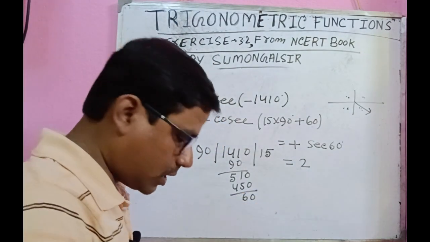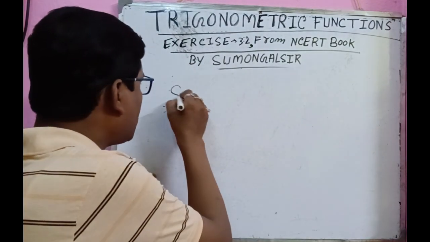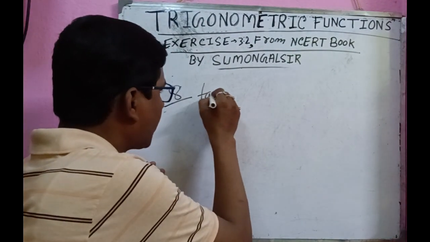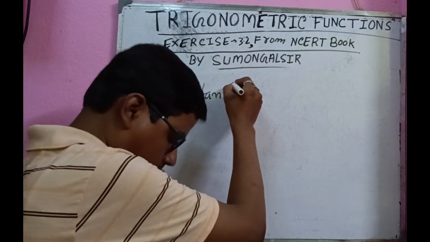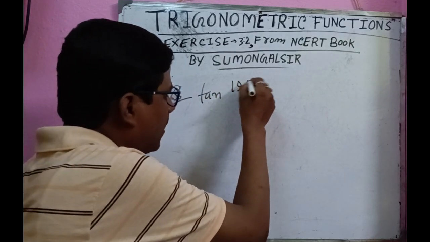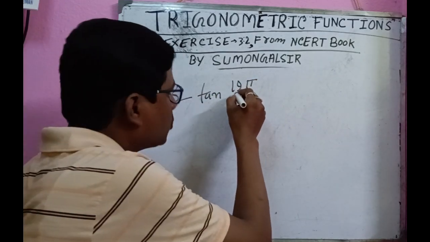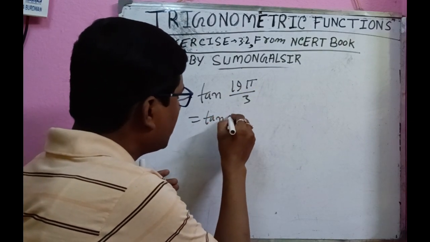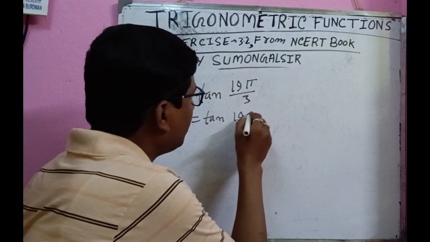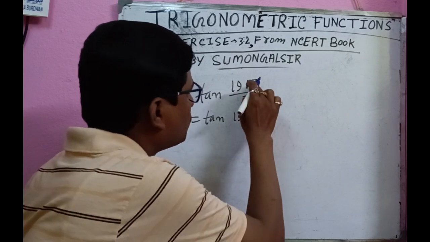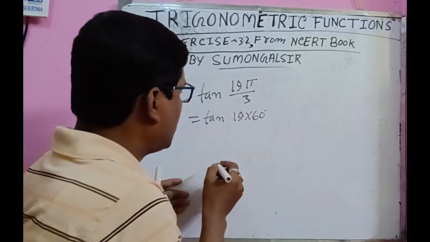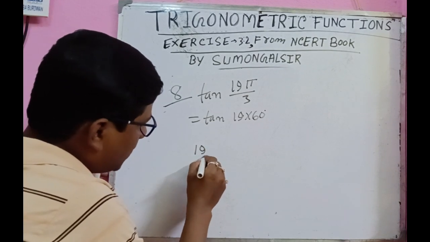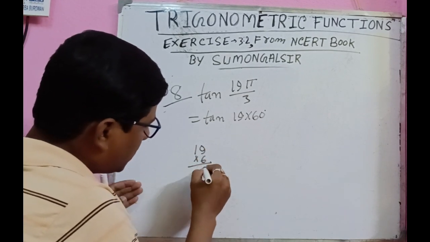Now we move to the 8th. Question number 8 is tan of 19 pi by 3. So tan of 19 multiplied with 60, because pi by 3 is equal to 60 degree. Now multiplying, we get 19 multiplied with 60, then we get